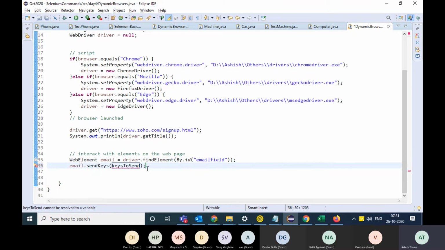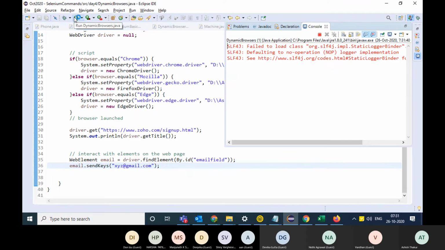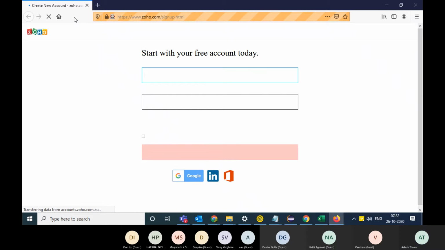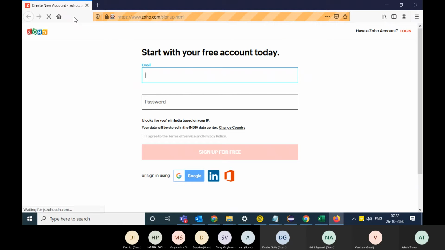So if I just go and write over here and run this code, you see that it's opening Mozilla actually, and it goes to the web page, and see that it's typed the username email.